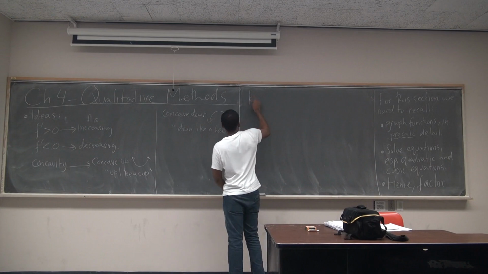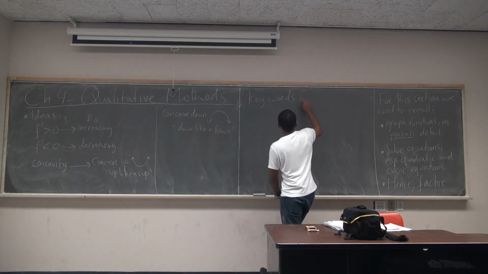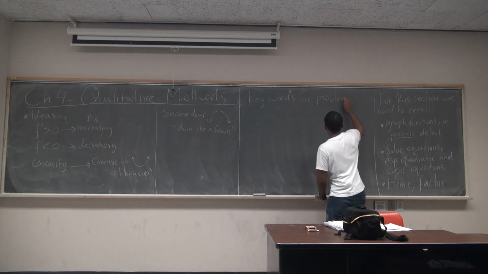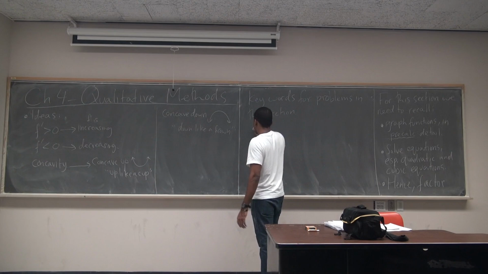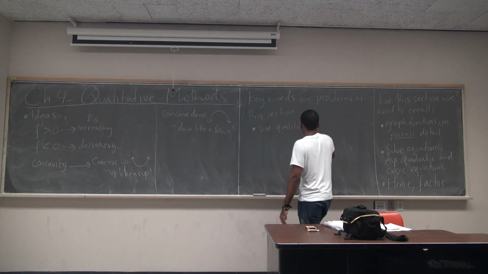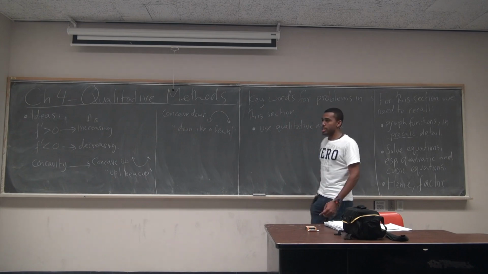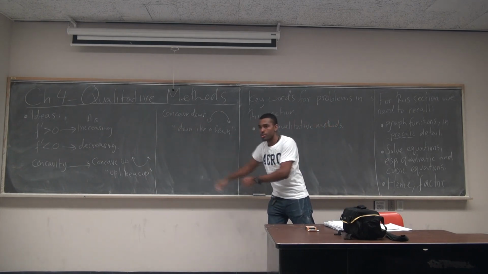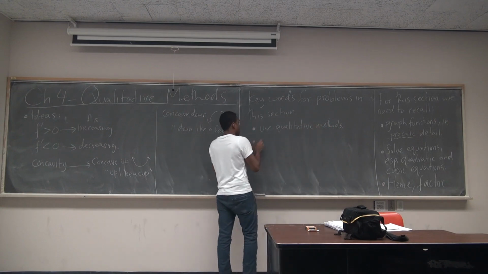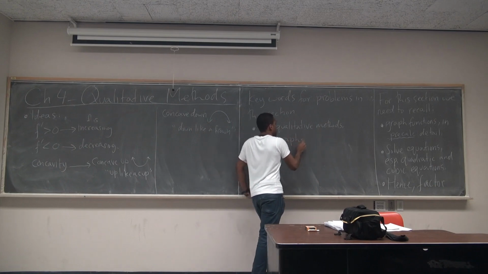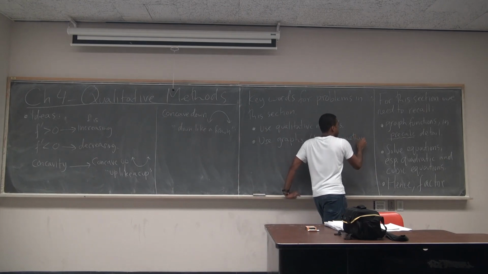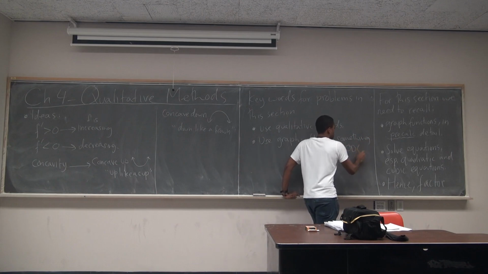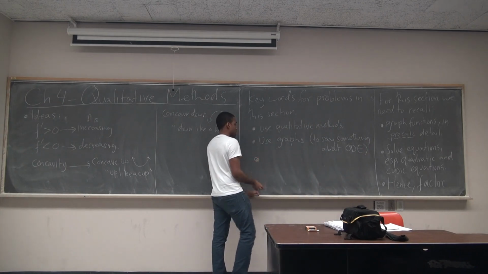So, keywords. You're going to look for words like, I'll actually say, use qualitative methods. Right? So if a test says use qualitative methods to blah, blah, blah, you're going to want to do what I do in this chapter. Or I might say use graphs. Usually it's to solve some sort of ODE. I also might mention something like the graph